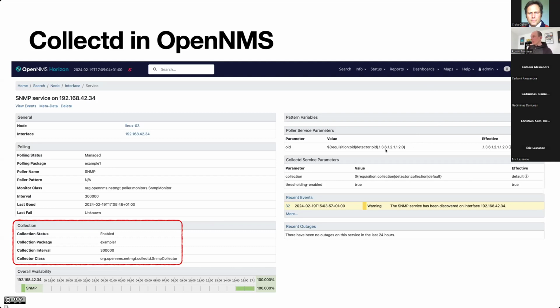So we have here two independent systems. One is figuring out if the SNMP agent is alive. That is what Polar D does. It makes that GET request. If there's something coming back, the service is up. And on the second part, we have Collect D. So the service is up depends on, sorry, yeah, the service is up depends on the Polar.